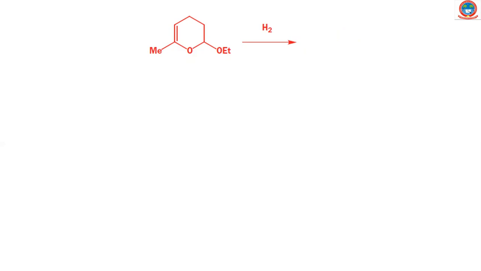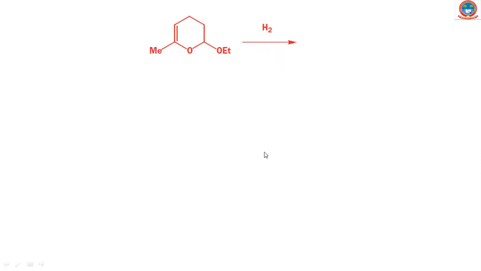See, two hydrogens are added here. Two hydrogens are added, and it is always a cis addition. Remember, it is cis addition. Suppose I am using platinum as a catalyst. If I use platinum, cis addition will take place here, and the product will be